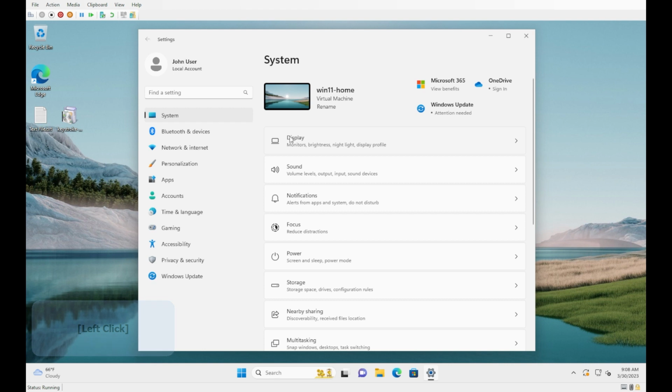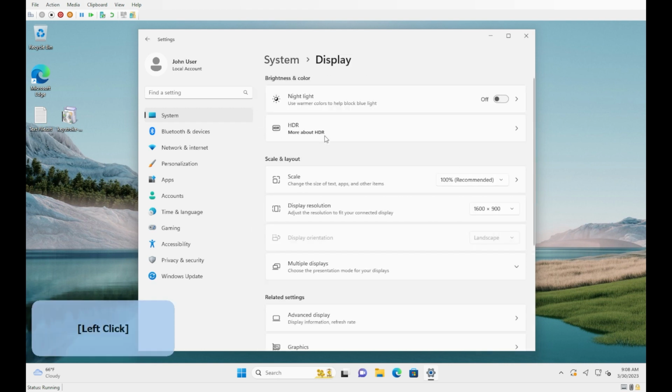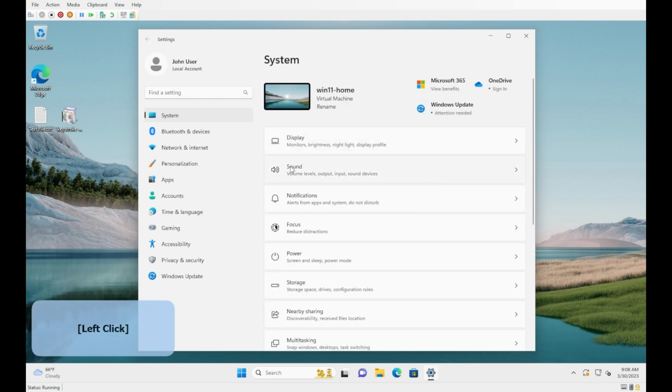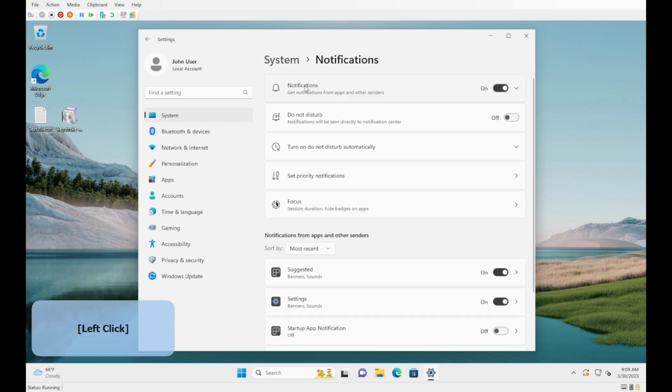Under System, you have Display, which controls your monitor, stuff like that. Resolution, different settings for different monitors and different types of computers. Laptops will have different settings. Sound is the same thing. That's where you control your speakers, your volume levels, any microphones or other sound devices you have attached to your computer. Notifications, where you get notifications from applications,